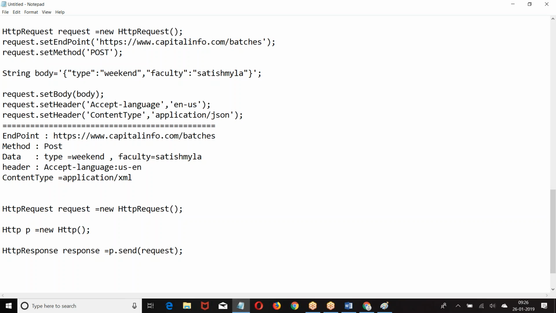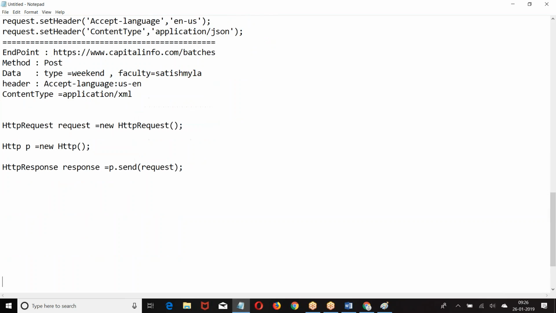If we send a request object, they are going to give you a response object. Right, boss? Now, once you got the response, what are we supposed to do?